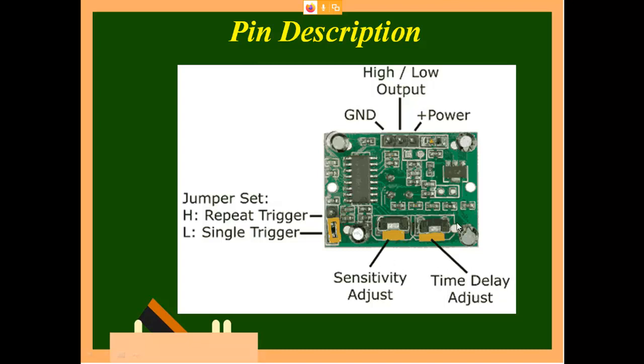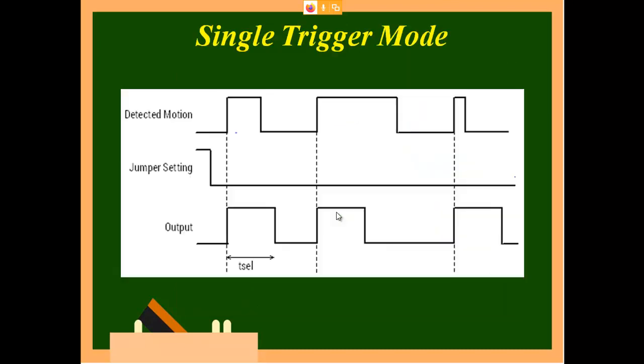Apart from this, there is one more thing called the jumper setup. It is an arrangement where, when you place it in the edge jumper position, it is a repeat trigger, which means it is not one shot. I think you might not have studied LIC. If you study LIC, you will learn about one shot and multiple shots. One shot gives only one pulse, and repeat trigger means till the object moves out of the entire area, it stays in the one condition itself. We will see what single trigger and repeat trigger are.